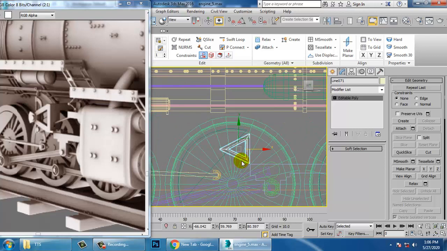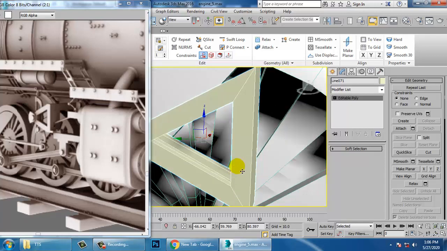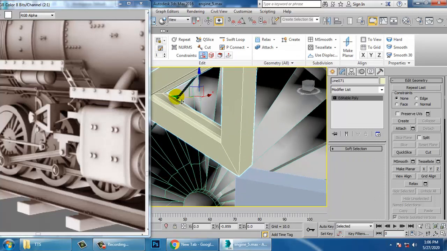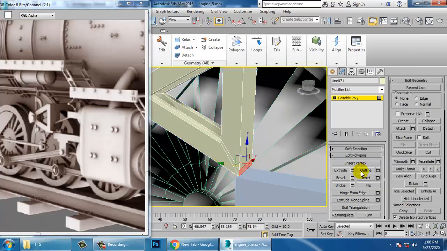This is going to be connected over here. We are going to place this on top of it. For that we need to put one loop over here. Select this and just extrude it over here.